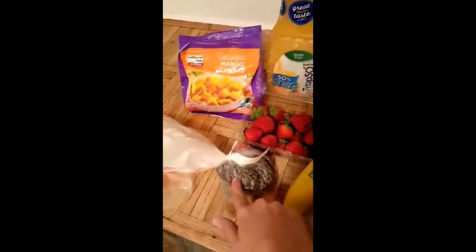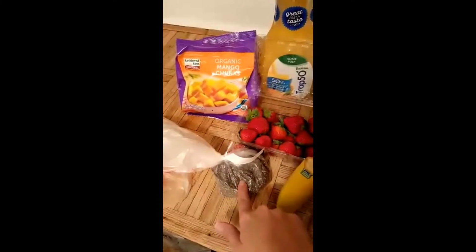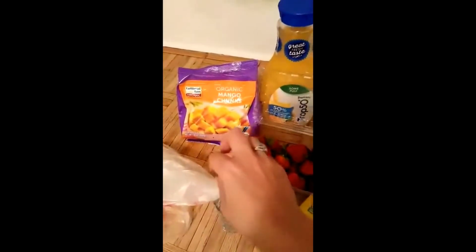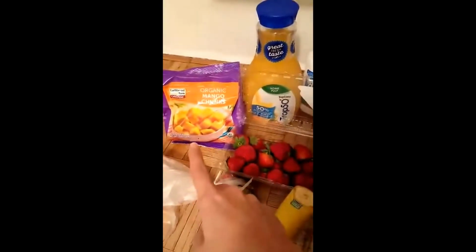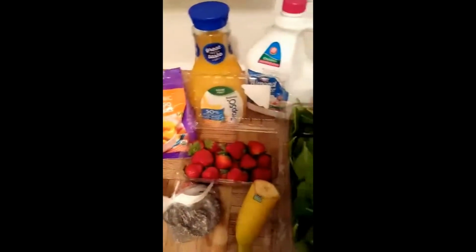These are chia seeds, which are gonna be really good for helping your HDL cholesterol, because these are good in omega-3 fatty acids. And mango chunks. Mangoes have a phenomenal amount of vitamins and nutrients in there, higher than a lot of others. And since they're not always in season, I get them frozen. And then it's just easy to take like 3 or 4 of them and then just blend it all up